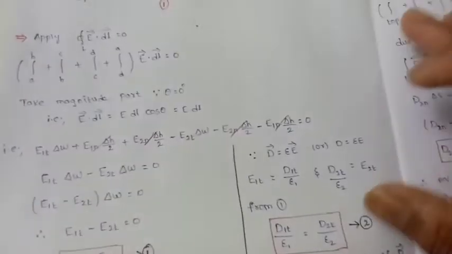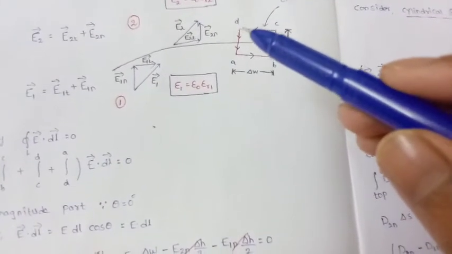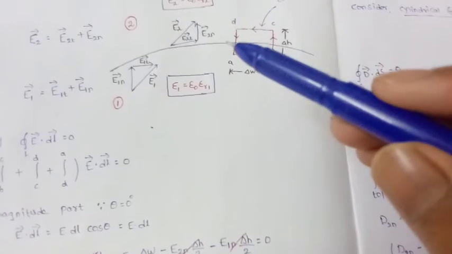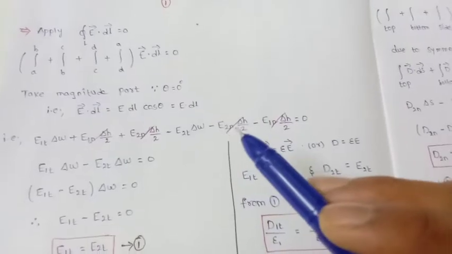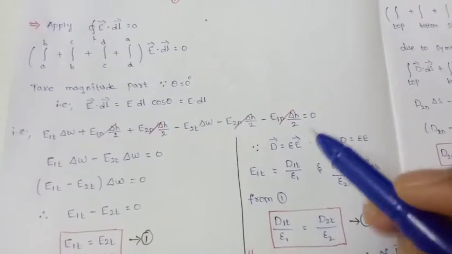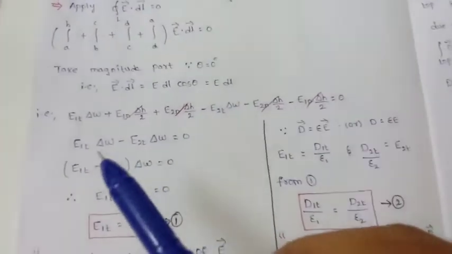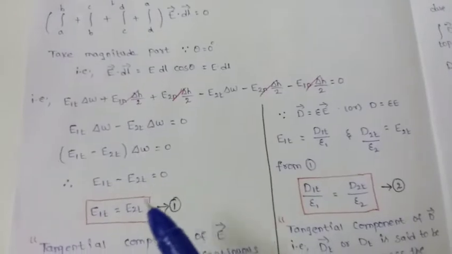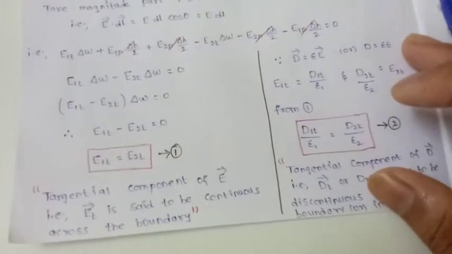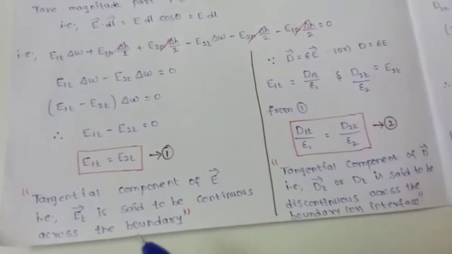Now, if you observe D to A, it is also in the normal component direction, but in the opposite direction. Therefore, you can write minus E2n del H by 2 minus E1n del H by 2, which is equal to 0. This term gets cancelled, this term gets cancelled. Then finally you have this term. If you take del W as a common term, and send this del W to that side, then you can say that the tangential components of electric field intensity are